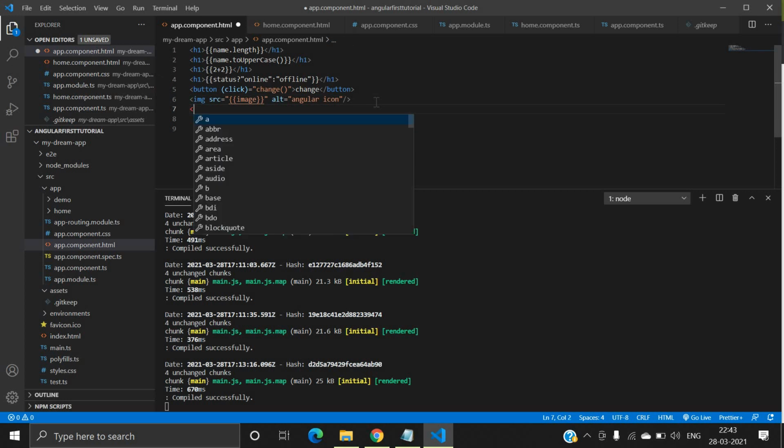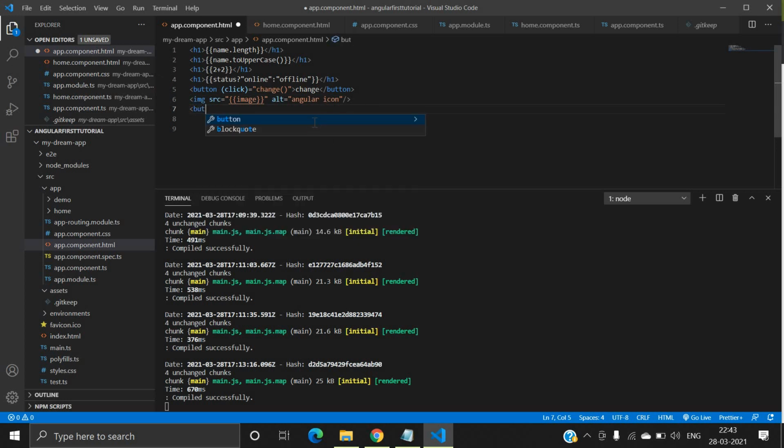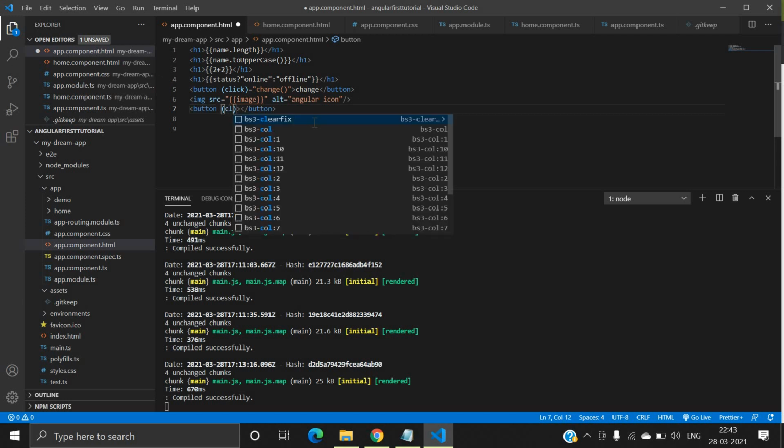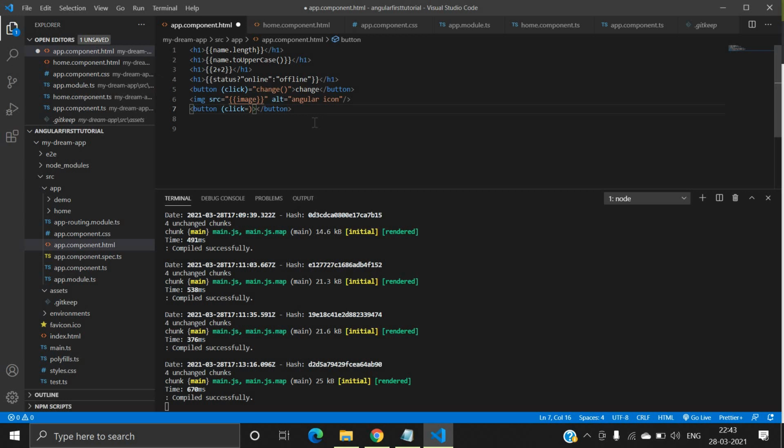So I will create another button, and inside this button I will use click event binding. Whenever we click on this button, it will change the Angular icon, right?